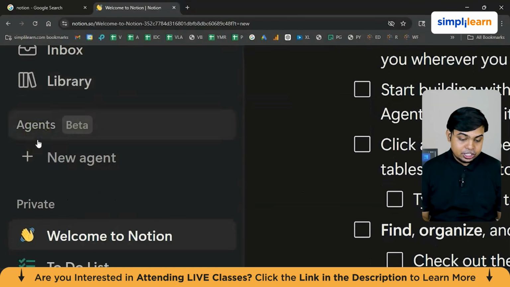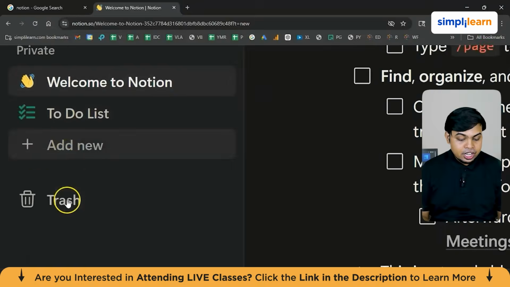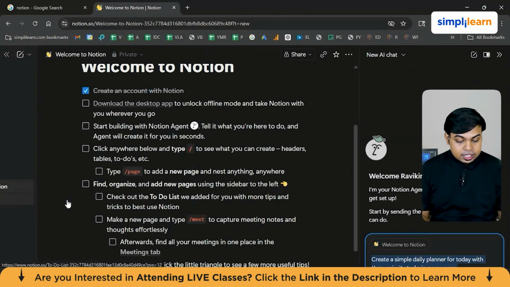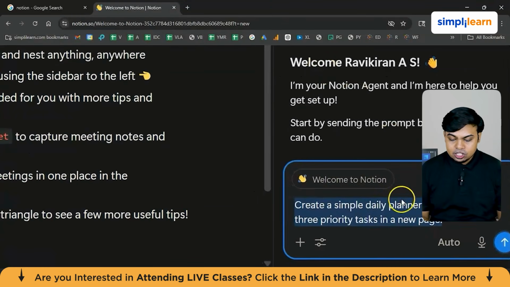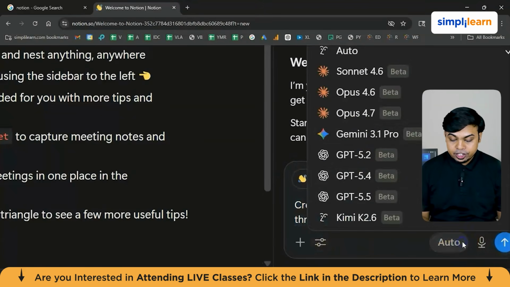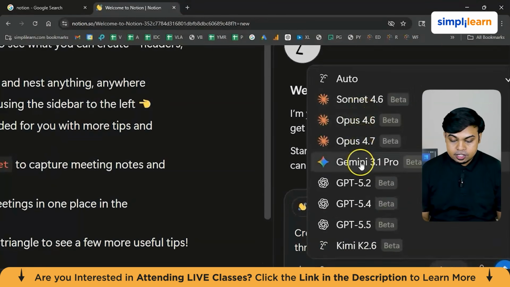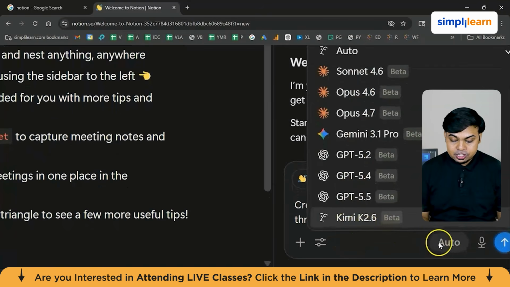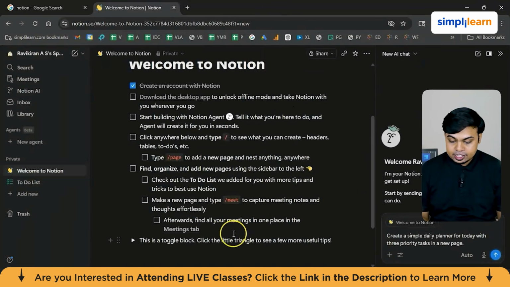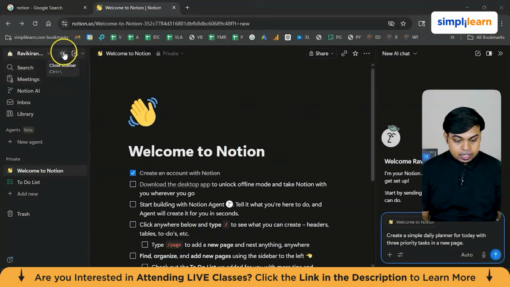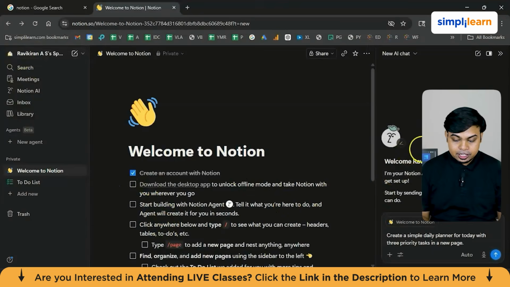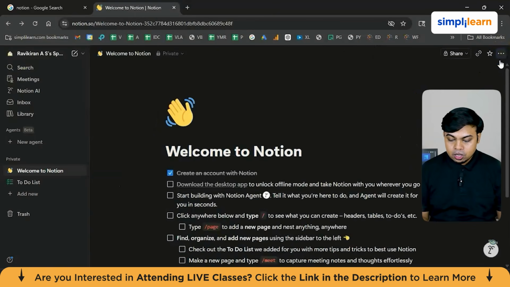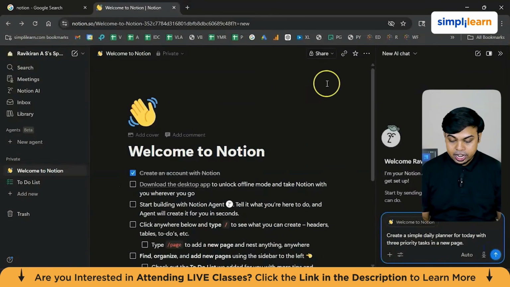And here on the left side, you can connect your inbox, library. You can create a new agent. You have all your to-do list and all the tabs that you have created already. Now here on the right side, you can see AI chat agent. And it's not like that you have to go with the chat agent which comes with Notion. You can also have a wide variety of options like Sonnet 4.6, Opus, Gemini, ChatGPT, various versions, and you also have Kimi K2.6, which comes with Notion. And here you can see we have a profiling as well. You can close that if you don't want, or you can expand it anytime. And same with the AI agent, you can close this, or if you want that, you can expand this by just clicking on the Notion icon over there.